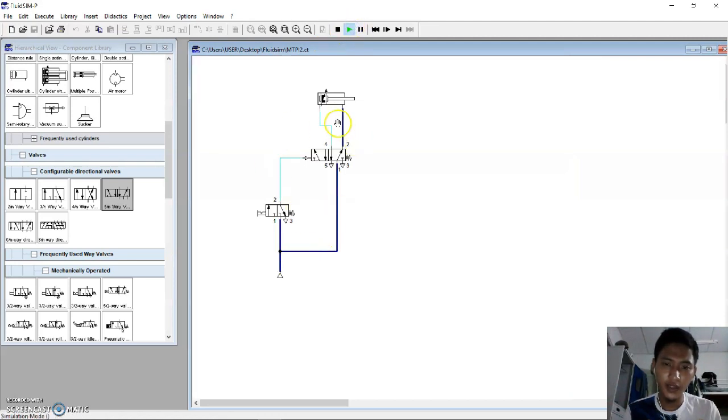So you can see the different color between light blue and dark blue. This shows the flow between dark blue and light blue. The dark blue is the flow, and the light blue is not the flow. So when we push this button, the flow is changed. So you can see the light blue and the dark blue change places. So that's all from the circuit 2.